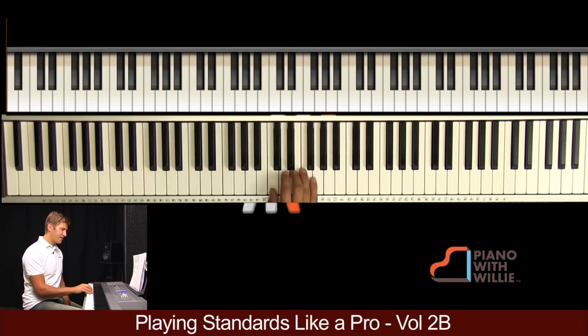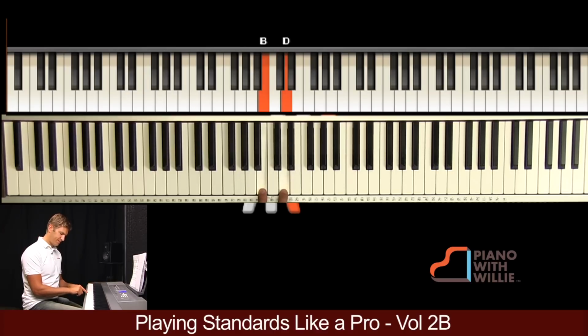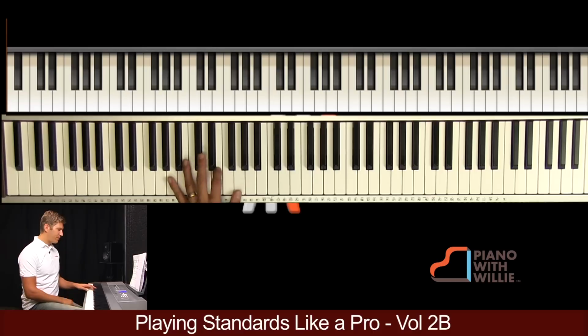So you can see that there's that contrary motion, the line's going in opposite directions. We also have that C sharp in there as well. And on the left hand we're playing